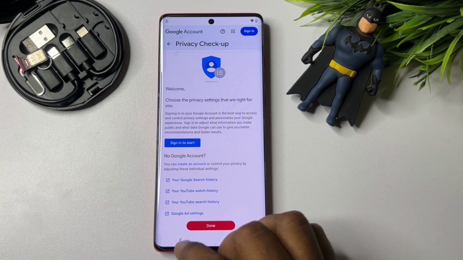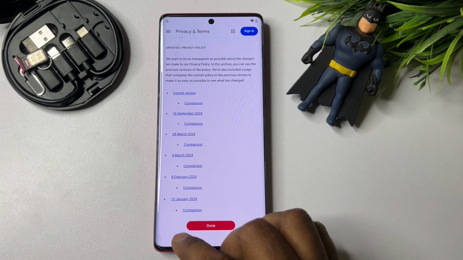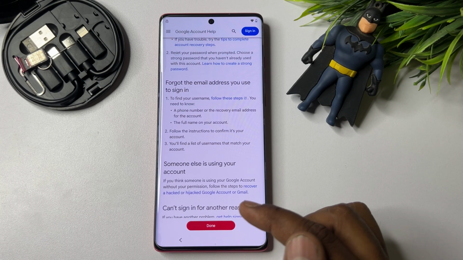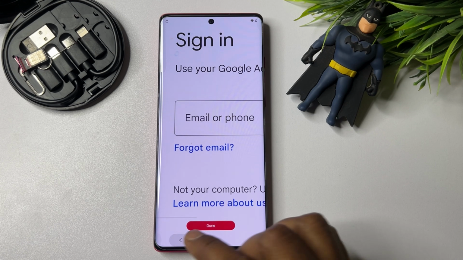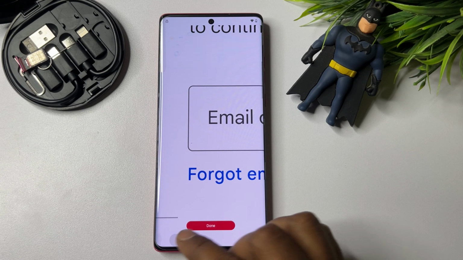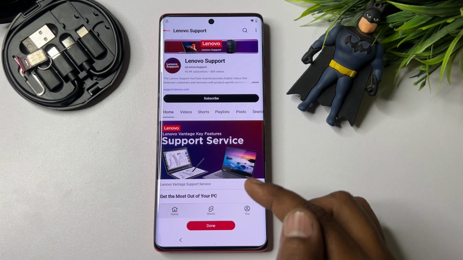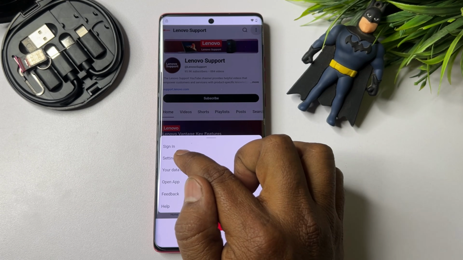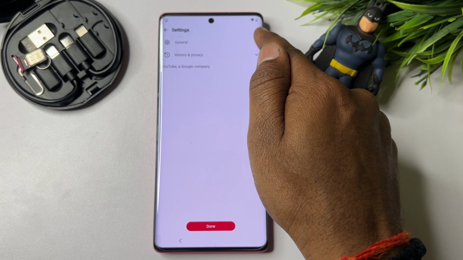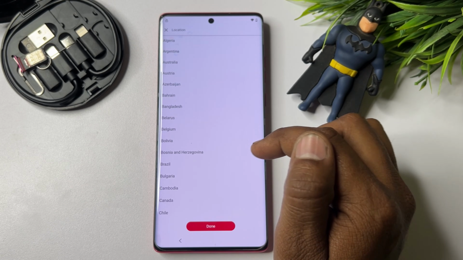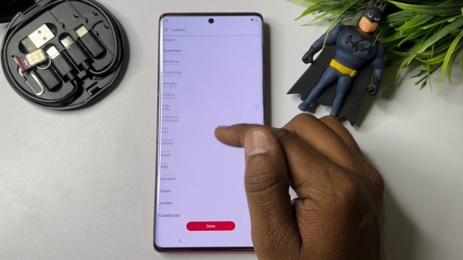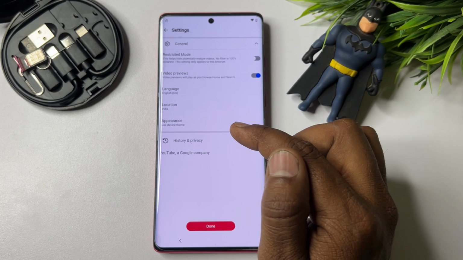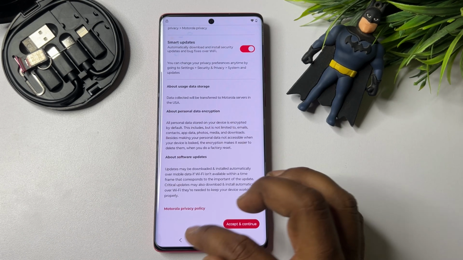Go back, go back, go back, go back, go back again, go back, go back, go back, and here you have to go to the three dots, find this settings page, and here click general and select location and change your location again to US, meaning United States. Find the US option, United States, select it and click the done option. Done, my friend. Go back,